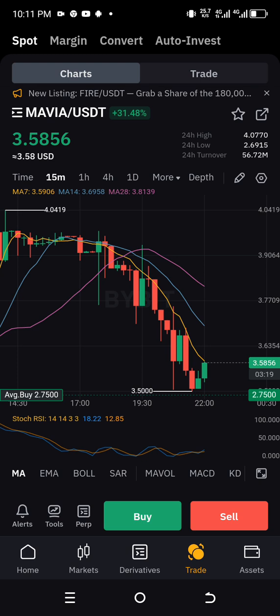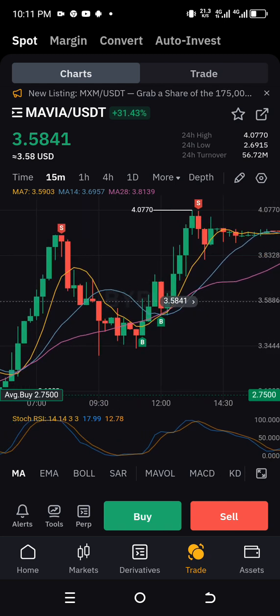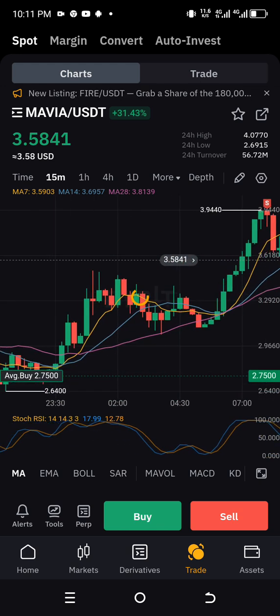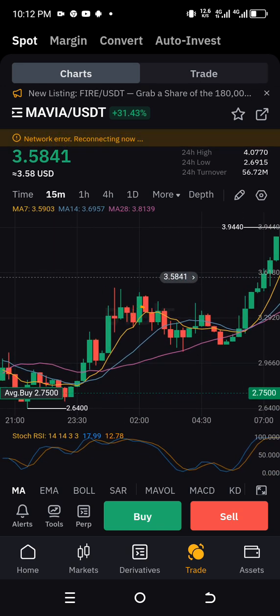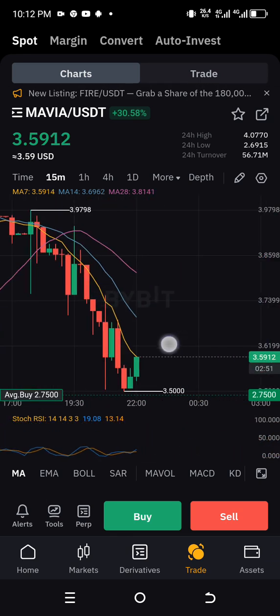Today I'll be showing you one of the best strategies you can be using to trade coin on spot. All you just need to do is to make a choice of a coin that you want to buy, and make sure that you have a capital that is not less than 30 USD. If you have a capital that is not less than 30 USD, the first thing that you need to do